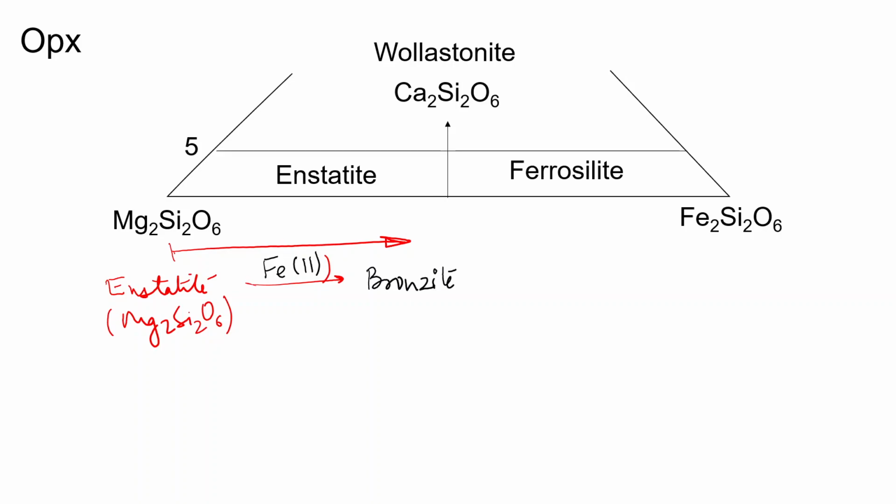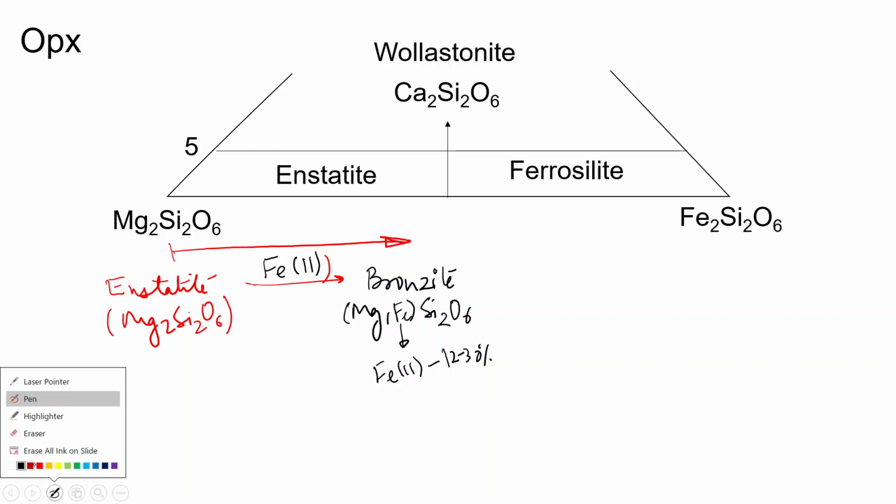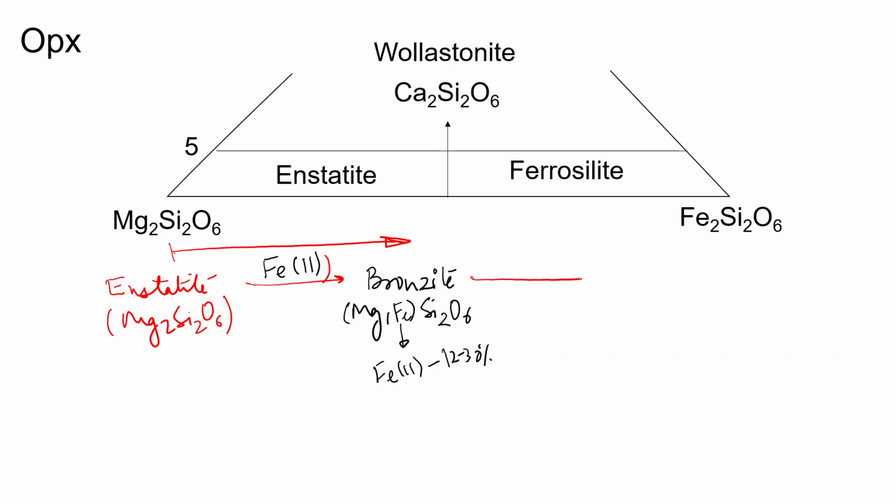Bronzite. The composition of bronzite will be Mg Fe Si2O6 or SiO3, whatever you wish to say. But here you have to understand that this Fe2 should not be more than 12 to 30%. Now, from bronzite, once the content of iron increases, the further replacement keeps on happening, it will